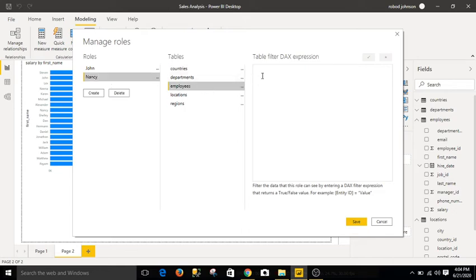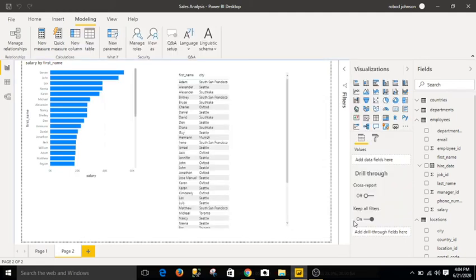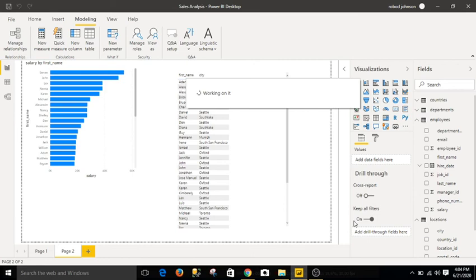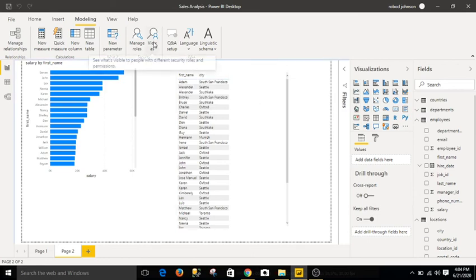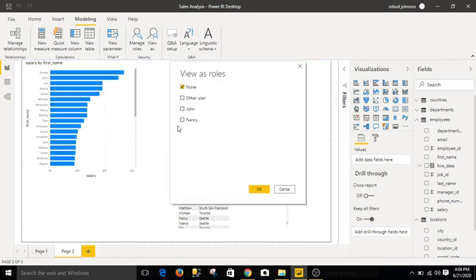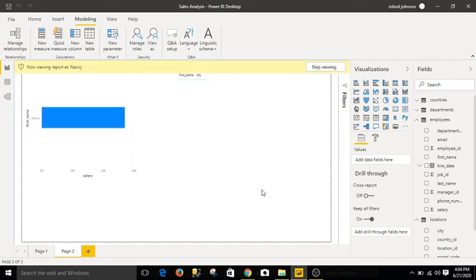Under employees, the same thing will happen: the column name is first_name equal to Nancy. Click on Save and it has been implemented. You can check the same from here, Nancy, so it will reflect Nancy's data. Just see it, Nancy is there in both.